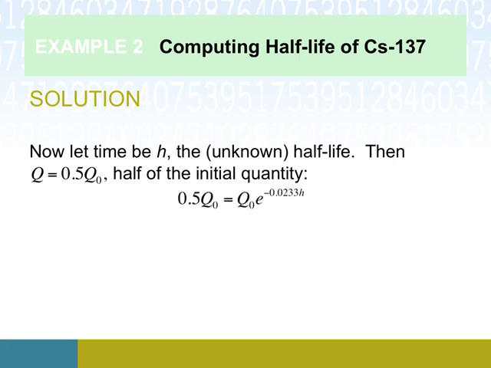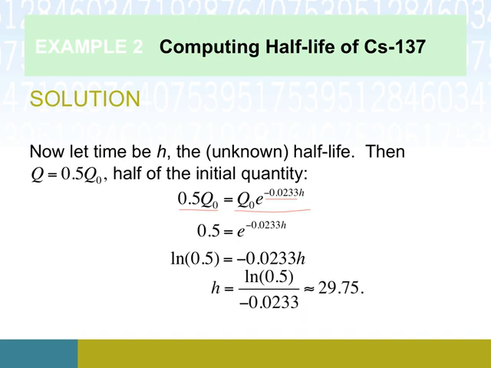So this is going to look a lot like what we did a minute ago. But remember, this is not repeating ground because now we've actually got a value for k. Instead of having an unknown constant there, we know everything in this equation except for h. Or at least once we divide out Q naught, we will know everything except for h. So divide out that initial quantity. We've got a very familiar equation, and we do the same thing we did a minute ago. We take natural logs of both sides because that's going to help us pop this exponent out of that position. Natural log of e to the stuff is just stuff. So the last thing to do would be to divide by negative 0.02, etc., and get ourselves